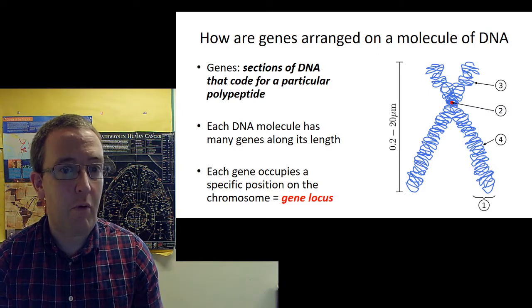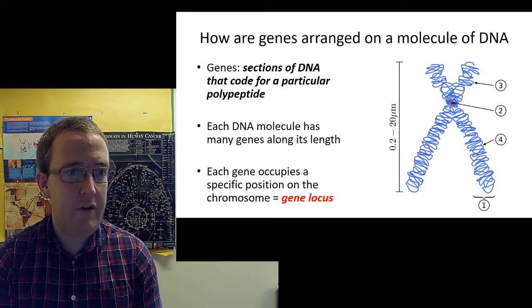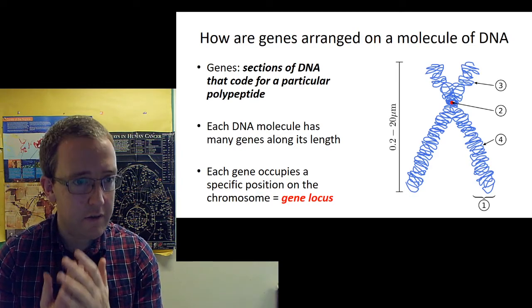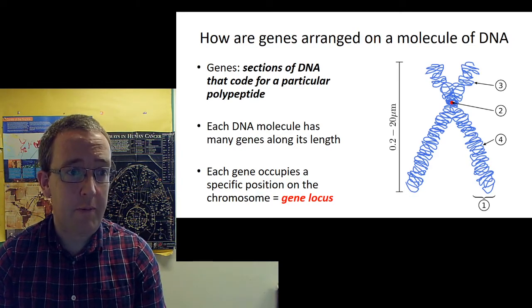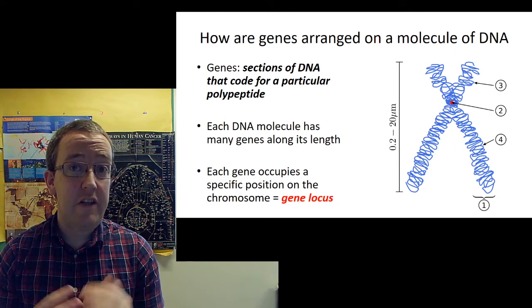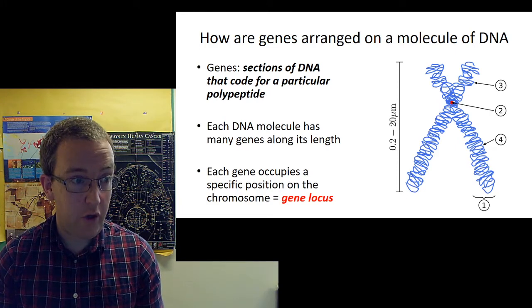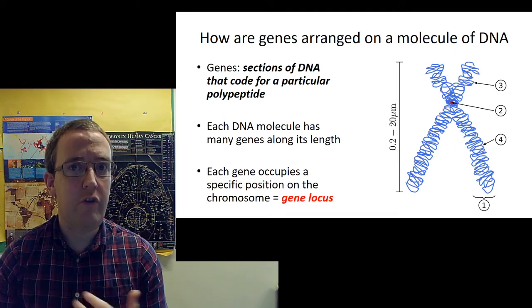Okay, codes for a protein. That's our molecular definition of what a gene is. It's a section of DNA that codes for a particular polypeptide. Now each chromosome, each DNA molecule, has got lots and lots of genes along it, and